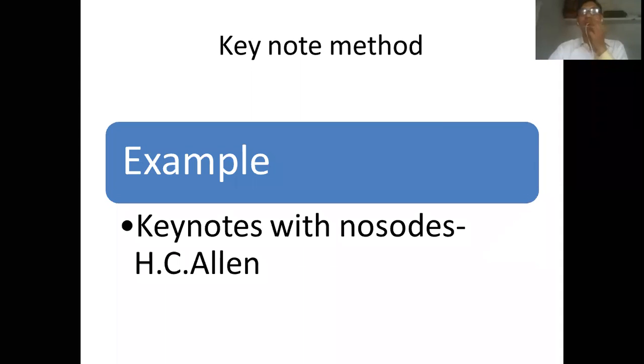Few more are there, I will share with you. But for the time being, let us stop here. Tomorrow we'll see another method. So out of the 10, we have